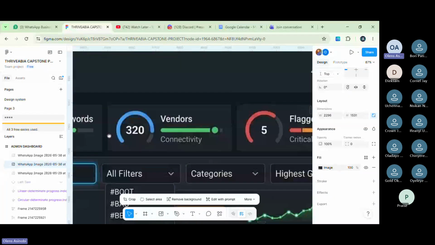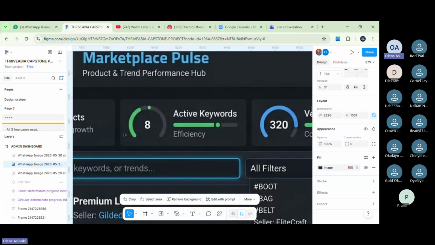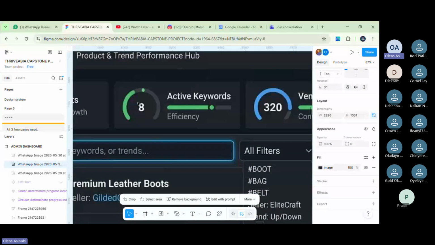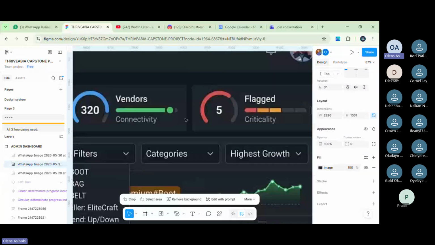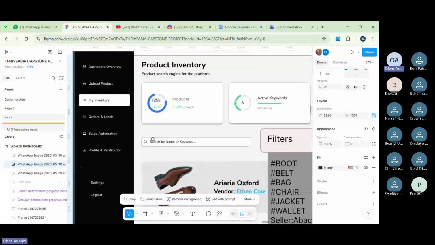Wait, I'm getting something now. 12% growth. 12% over what? These active keywords, efficiency, 8. Please continue, you wanted to say something. Why are we using a progress bar?